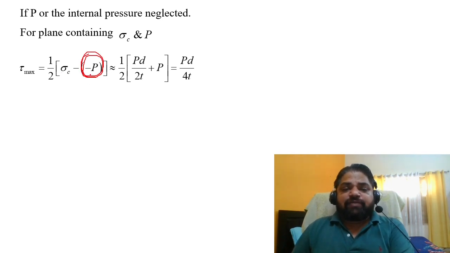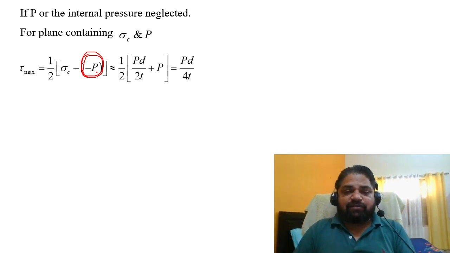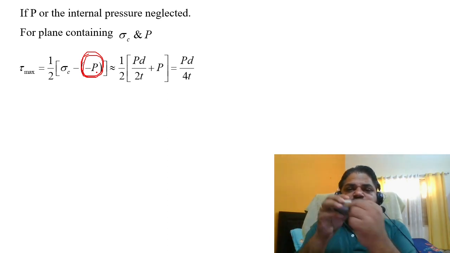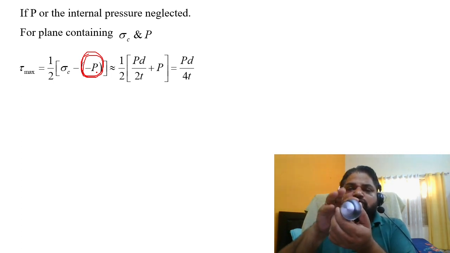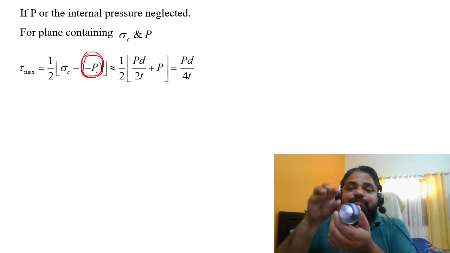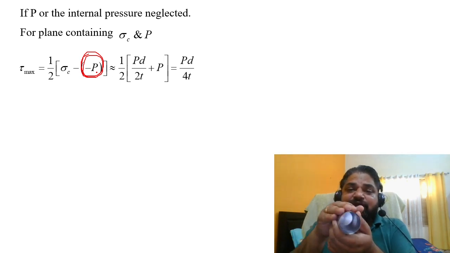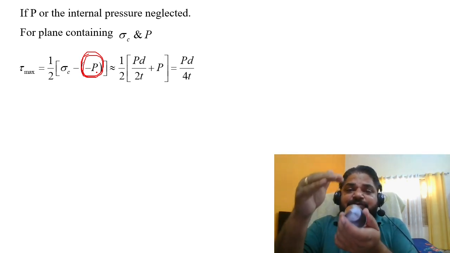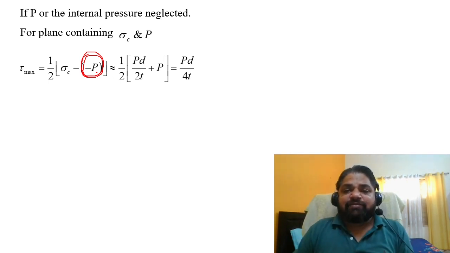So the internal pressure is taken as negative, or negative pressure is there, represented in terms of negative instead of external. Internally, it is trying to burst, so it is under a compression kind of condition. That means the internal pressure is going to create a situation where the structure is trying to burst, or is in a position to burst. To maintain equilibrium, an external reactive force is going to develop. So automatically the internal pressure becomes negative in nature.